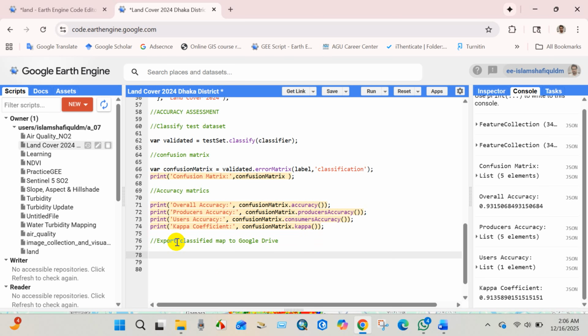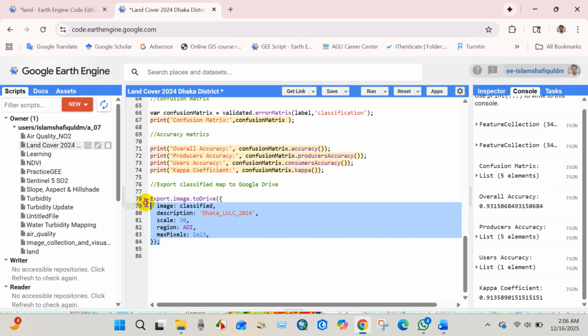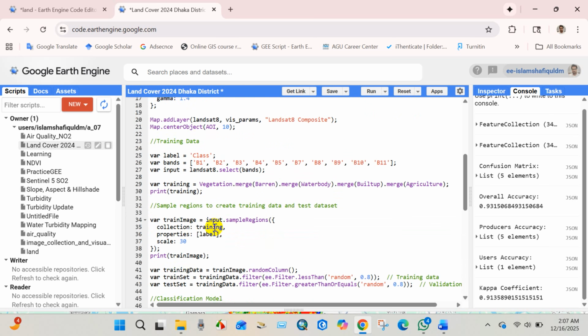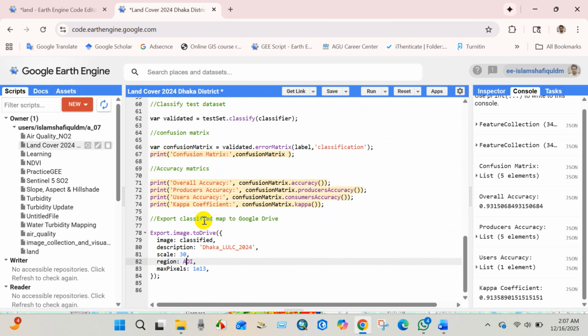So for that you just use this code, Export.image.toDrive, and then the classified image, and description I will name it Dhaka LULC 2024, scale 30 meter, and region area of interest, yes, this one, and max pixels, this one. So after that I will click on run,